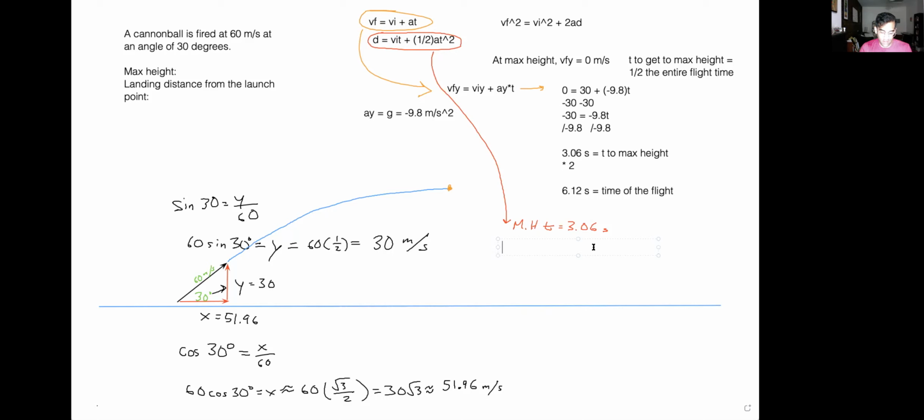And I'm going to say that dy is equal to the initial vertical velocity, which is 30, times 3.06, plus 1/2 times ay, which is negative 9.8 meters per second squared, times my time to maximum height squared. 30 times 3.06 is equal to 91.8. 1/2 times negative 9.8 times 3.06 squared